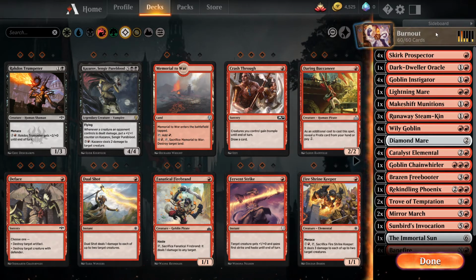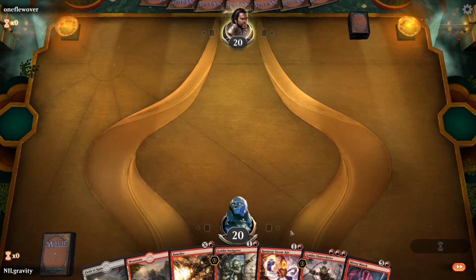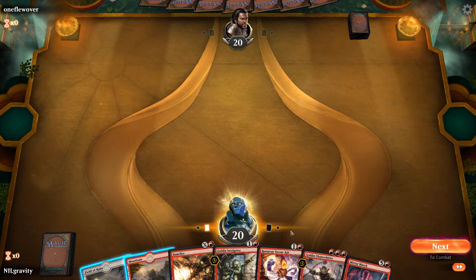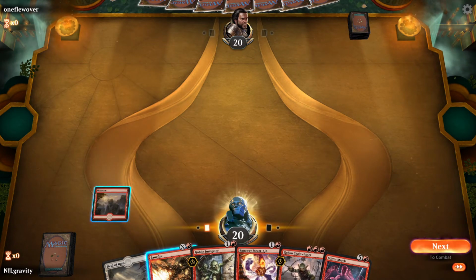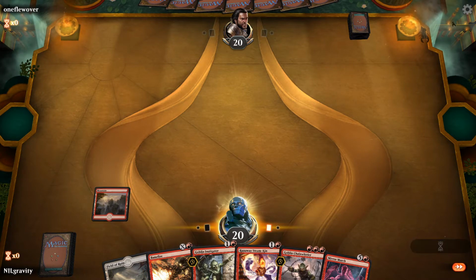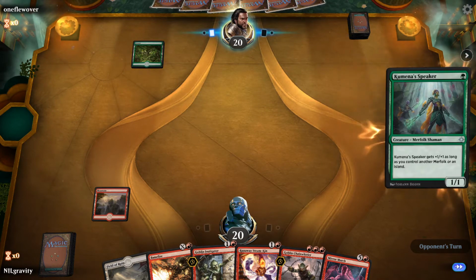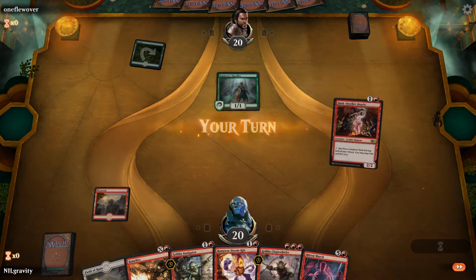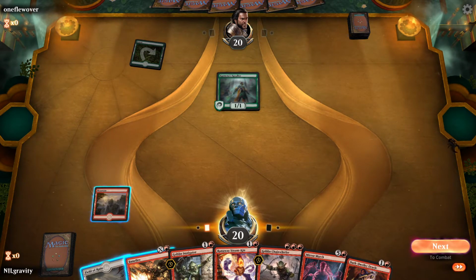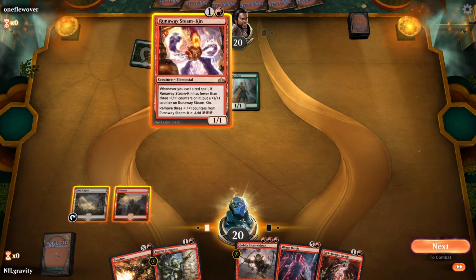So in this hand, I've got the Mirror March, and it's all about ramping to that, basically, with this deck. So I'm going to want to get the Runaway Steam-Kin out right away. One payoff for this, that'd be nice, is if they build out their board, because it looks like I'm playing against Merfolk here. If I can get the Goblin Chainwhirler to make copies and wipe out all his Merfolk, that would be hilarious, and that's what I live for, that kind of